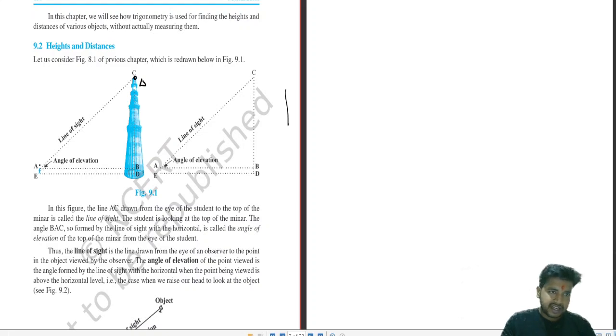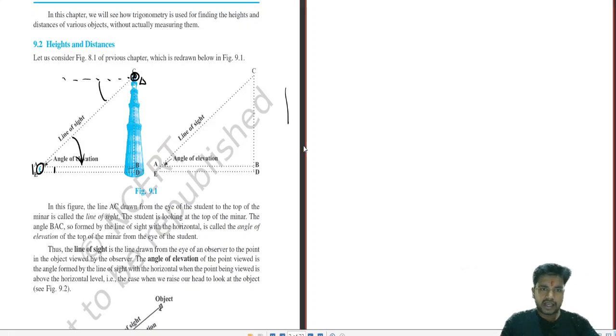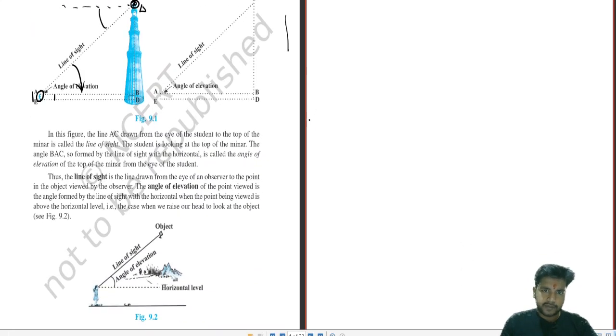Now see, if you zoom in very clearly, this is a guy. Obviously his height would be something, that is BD over here and that is AE over here, and he starts looking in the upward direction. This is the line of sight. This is the eyes raised towards the bell. Now this is the angle of elevation. Let's say there is a bell and a person is also standing over there. He sees the guy on the ground, so this will be the angle of depression.